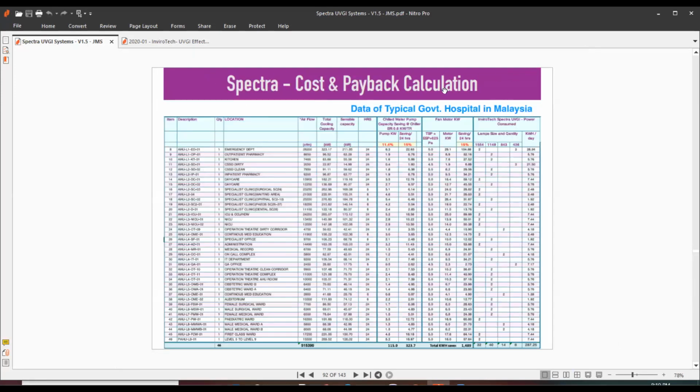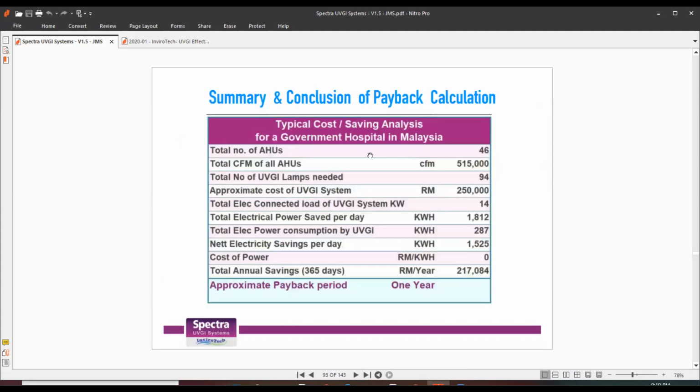This is an actual cost and payback calculation for one of the hospitals in Malaysia, and this is the summary of it. Since there is an energy savings effect using UVGI, we have calculated around 15 to 16% energy savings on the chilled water and due to heat transfer. So there are two types of energy savings: chilled water pumping and the heat transfer. So yeah, a total of 46 AHUs,